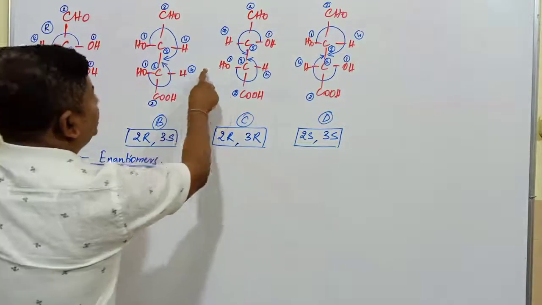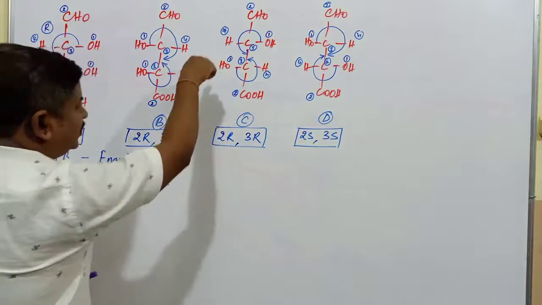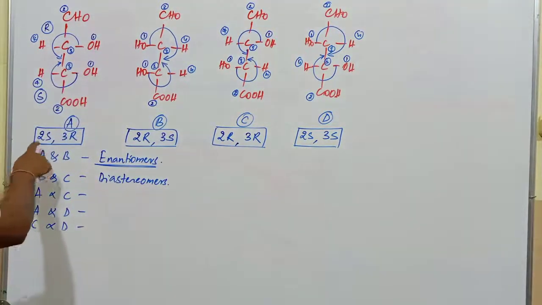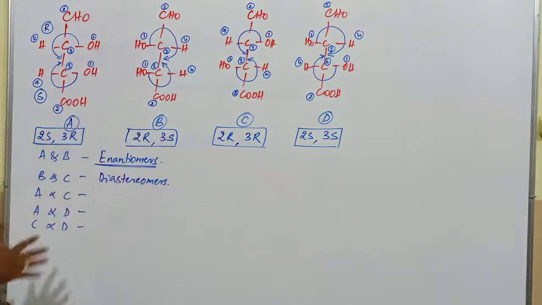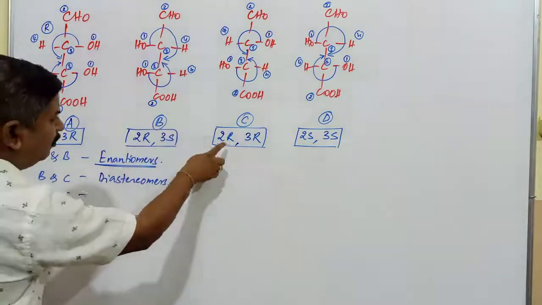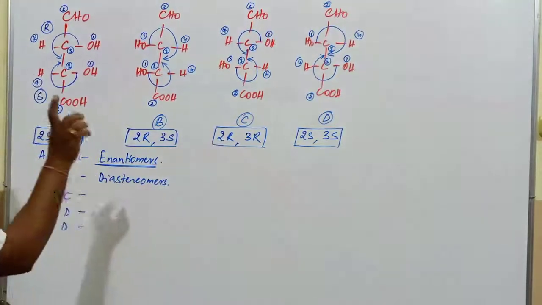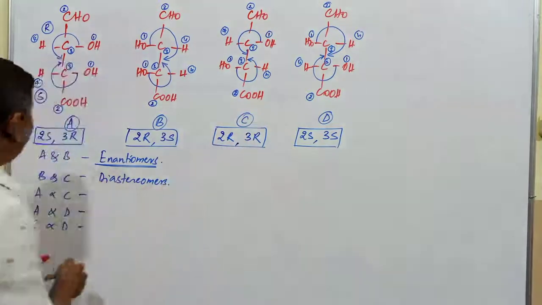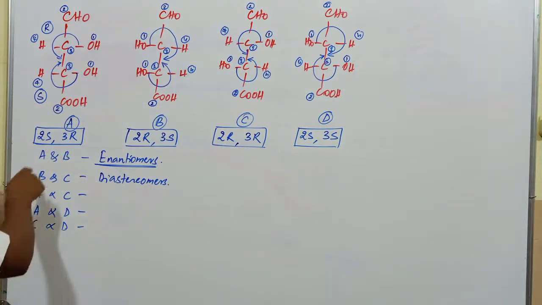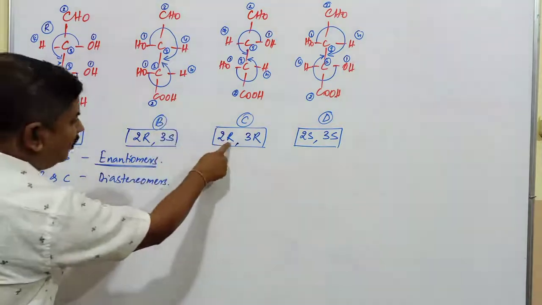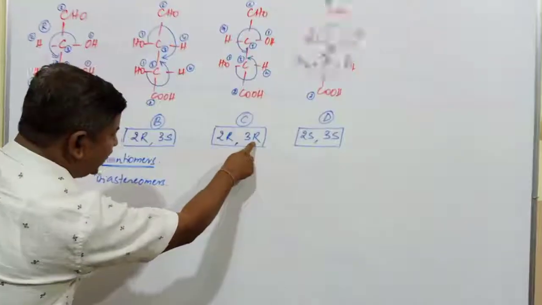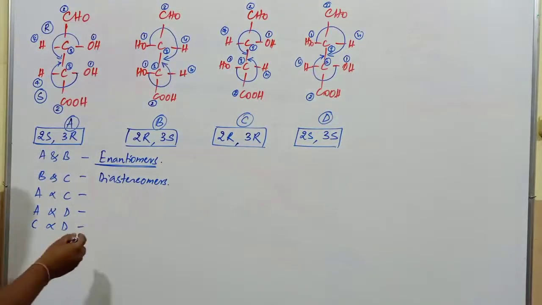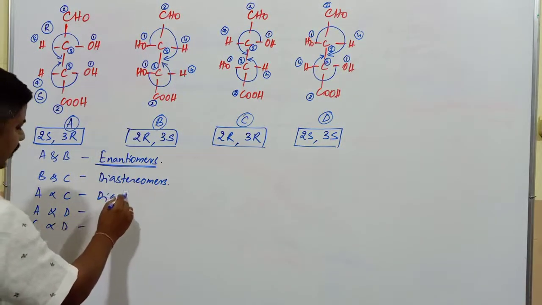This one, OH and H, they are not overlapping on each other. So because of that reason, they are called diastereomer compounds. S into R, R into S, completely it is called enantiomer. If only one is changing, the other remains as it is, then it is called diastereomers. Then A and C. What is the relationship between A and C? A and C is also, S is converted into R and R remains as R itself. When only one of the carbon atom configurations changes, those molecules are commonly known